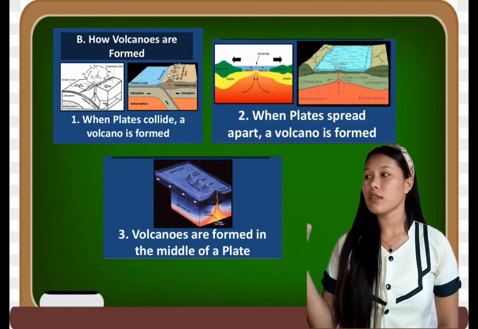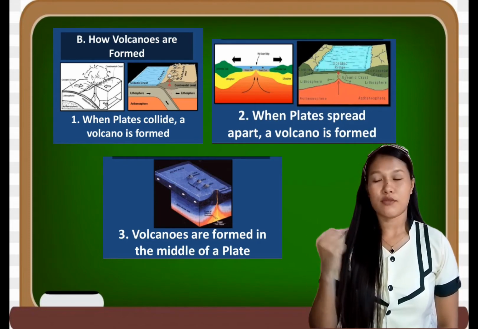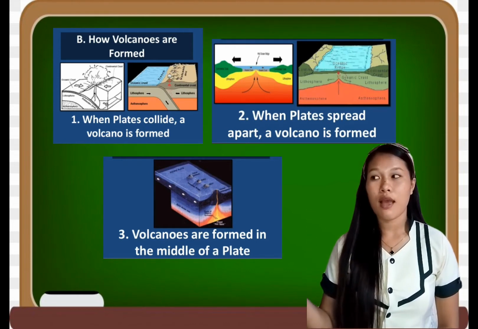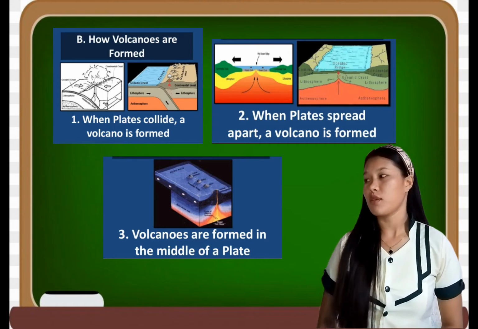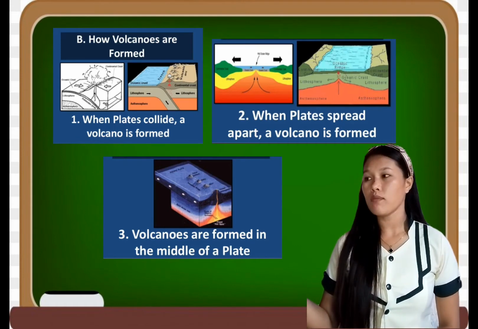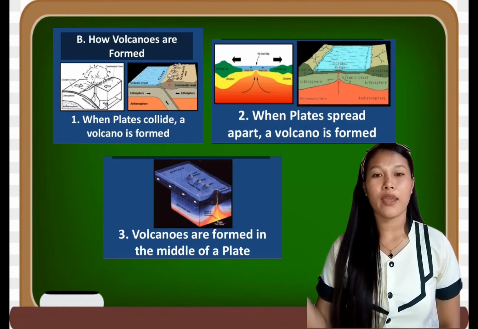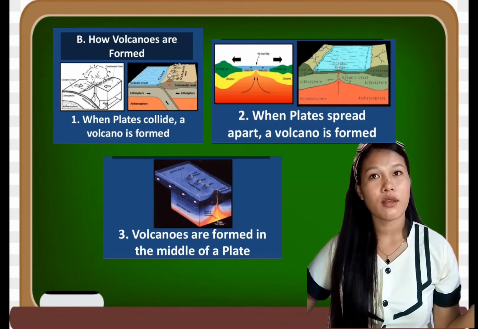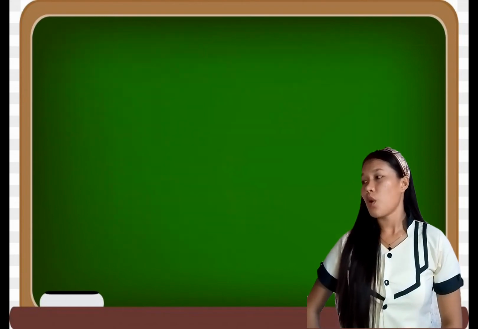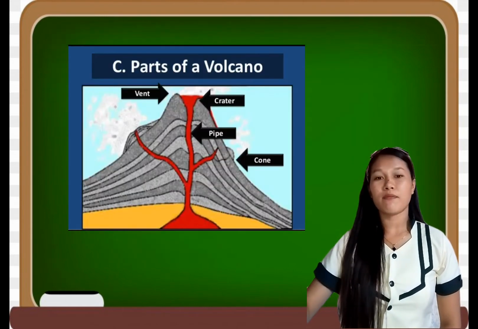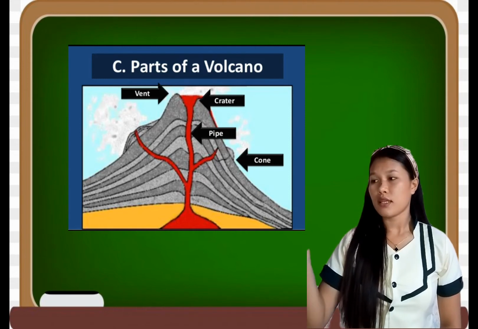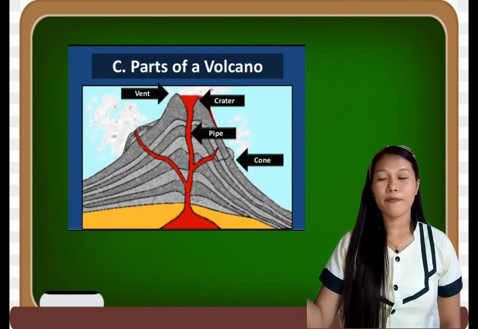So how are volcanoes formed? When plates collide, a volcano is formed. When plates spread apart, a volcano is formed. Volcanoes are formed in the middle of a plate. Now, where are volcanoes formed? Okay, very good. So, there are four main parts of a volcano: the vent, the crater, the pipe, and the